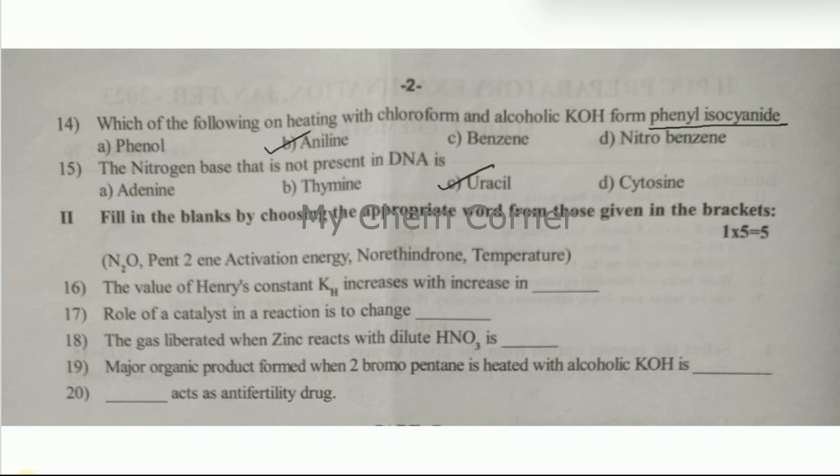Now in part 8 of second main, fill in the blanks by choosing appropriate word from those given in the bracket. 5 marks. Each question carries 1 mark. The options are very, very visible when you look at the questions here. Alright. So here the value of Henry's constant Kh increases with increase in. The only option that is here is